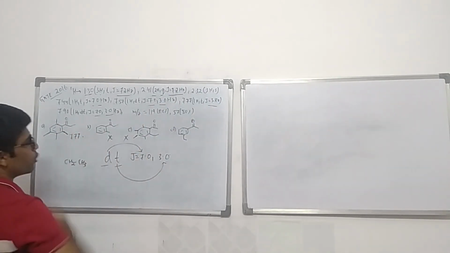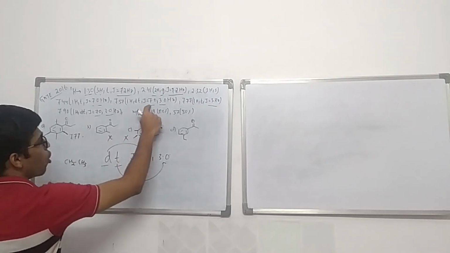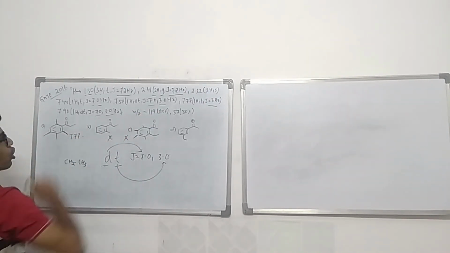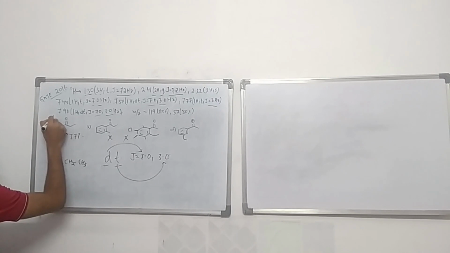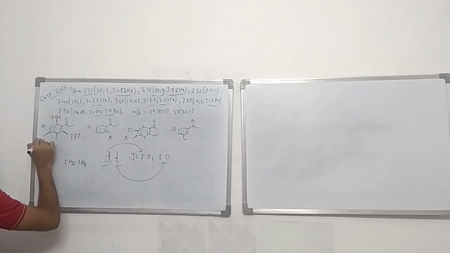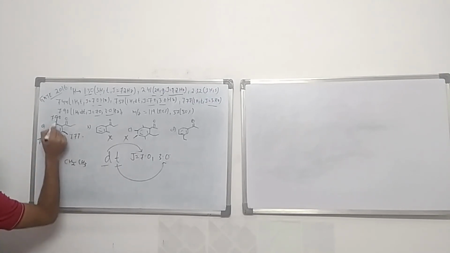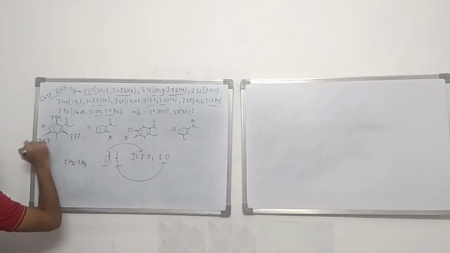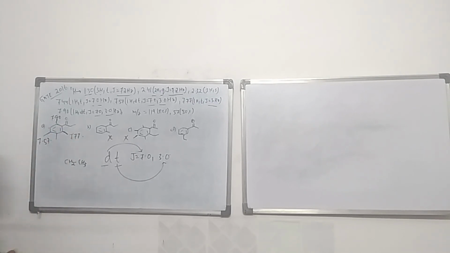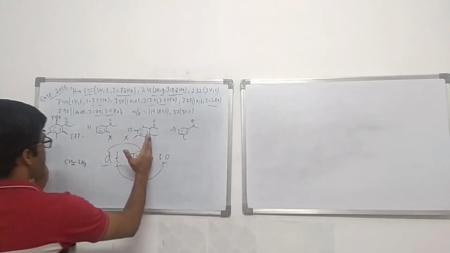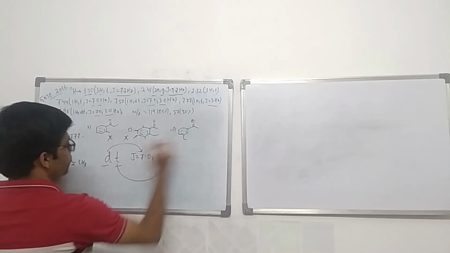Now if you take this value, it has both ortho and meta coupling. Similarly, it has both ortho and meta coupling. So that means one of them is 7.90 and 7.57. It can be the other way around also, because this has the ortho coupling with this and meta coupling with these 2. Similarly, this has ortho coupling with this and meta coupling with these 2. Okay. Now let us figure out whether the structure has to be this or this.